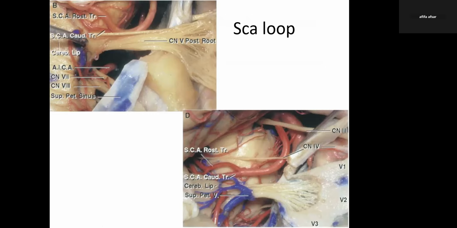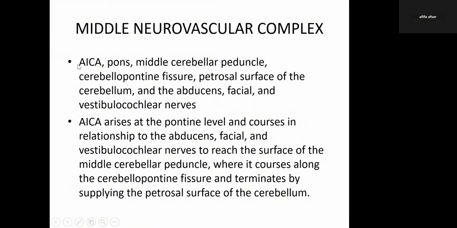Again, we can appreciate the blue as we're talking about the superior cerebellar artery. We said the superior cerebellar artery usually has a rostral trunk and a caudal trunk. So this is the superior cerebellar artery's rostral trunk, and this is the caudal trunk, which can be traced down here. So the offending loop in this case is basically the